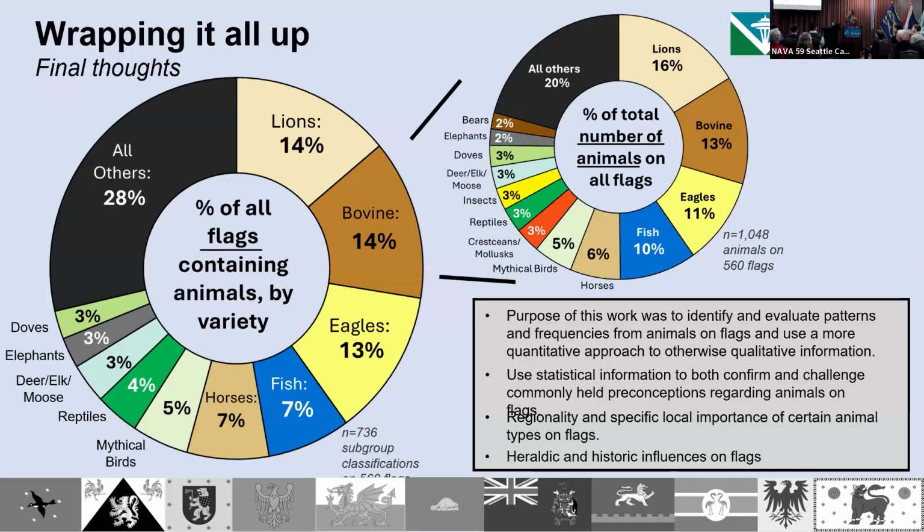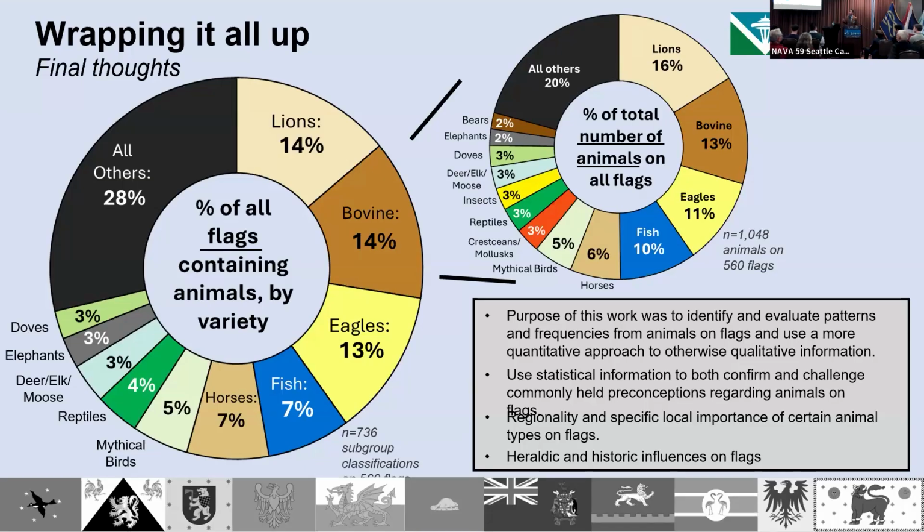I did waste a lot of my time. But yeah, I started at CRW Flags, the database. I would cross-reference with Wikipedia. Oftentimes they were not the same. So sometimes they would show one region that didn't have an animal and I'd find one that did. For the sake of this study, if I found a flag that showed it had an animal, I included it just for completeness. That was my primary source.